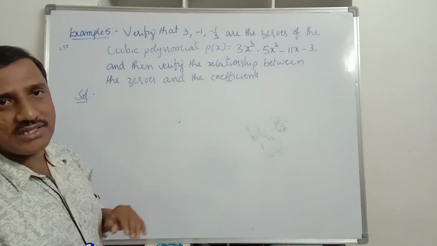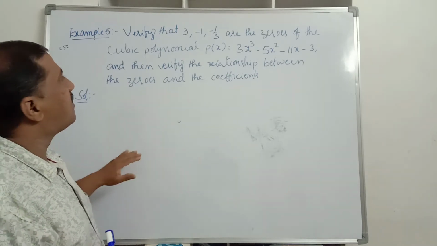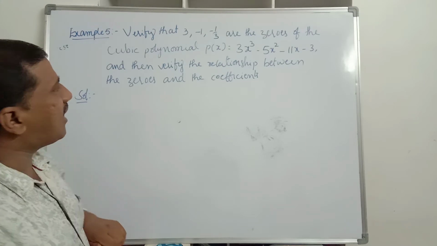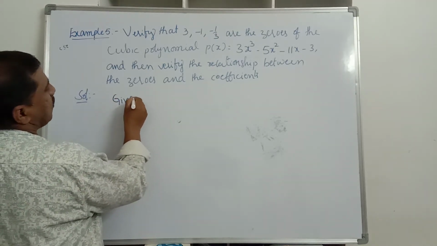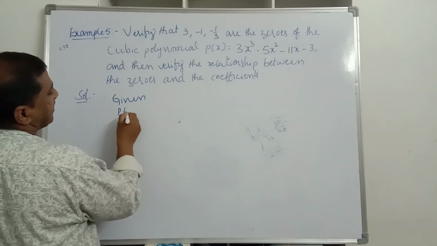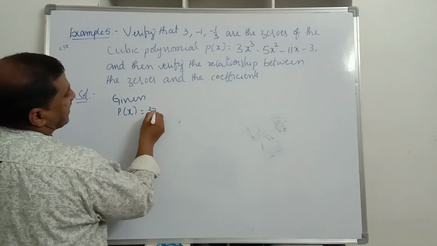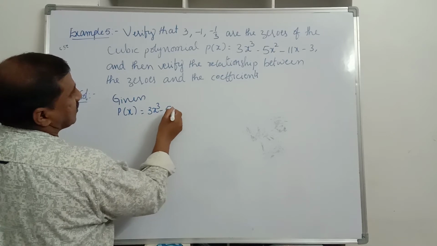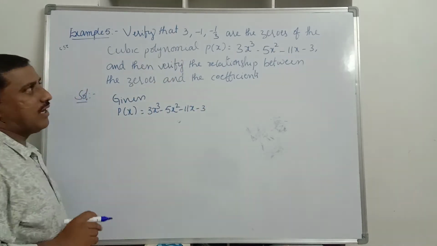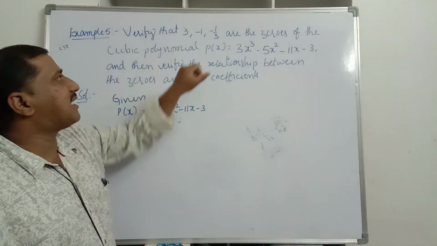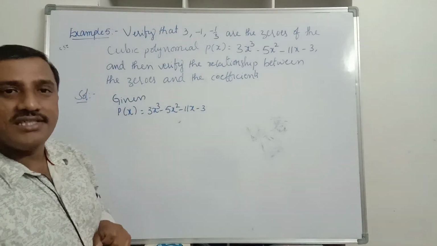Otherwise they are not the zeros of the given polynomial. So what is the given polynomial? Given p of x is equal to 3x cube minus 5x square minus 11x minus 3. So we need to check whether 3, minus 1 and minus 1 by 3 are the zeros of the